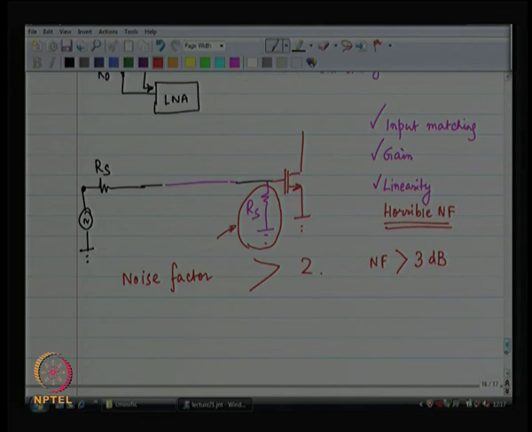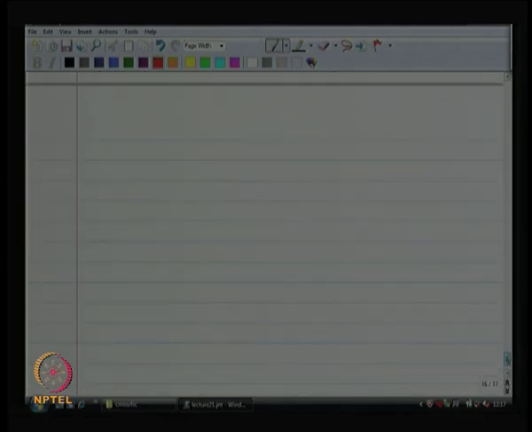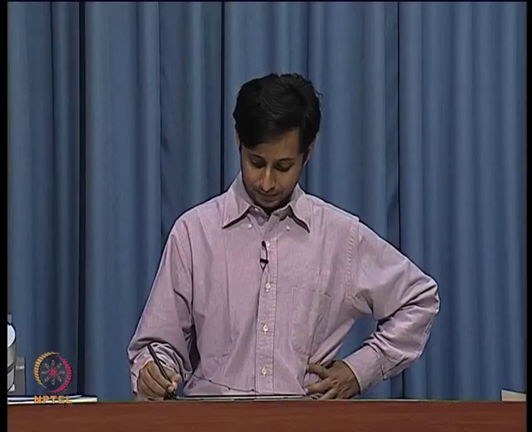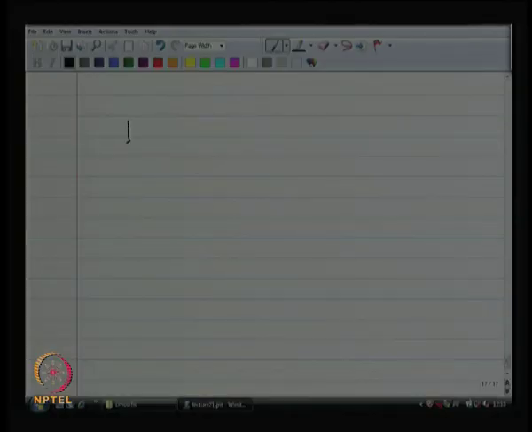So, my zeroth cut design, where I did matching, but I did nothing else, did not really work. It can't work as a low noise amplifier. Okay. So, then we are back to square one. I have got a system, I am willing to put a matching network in between,